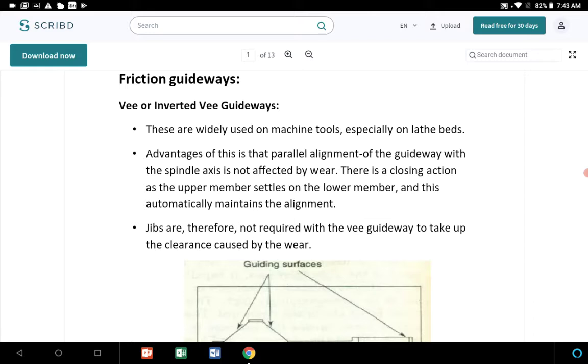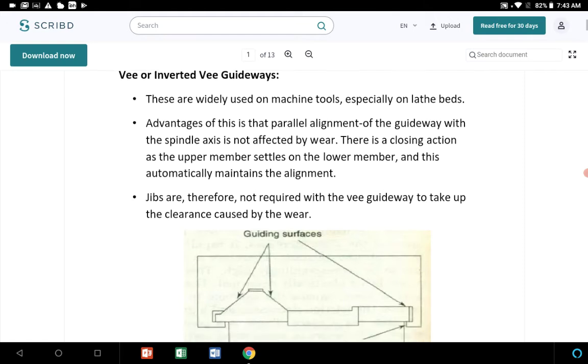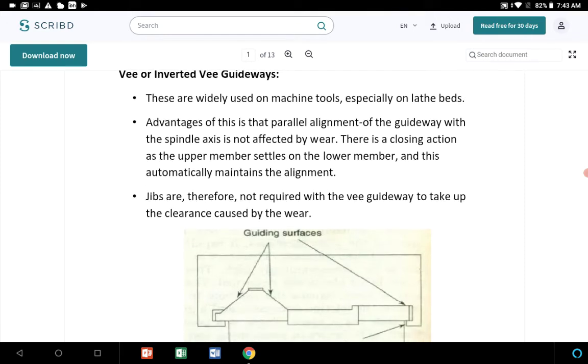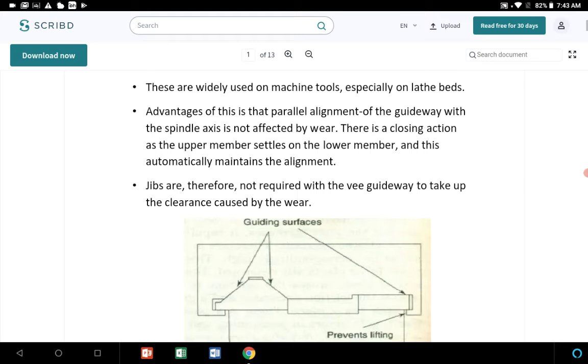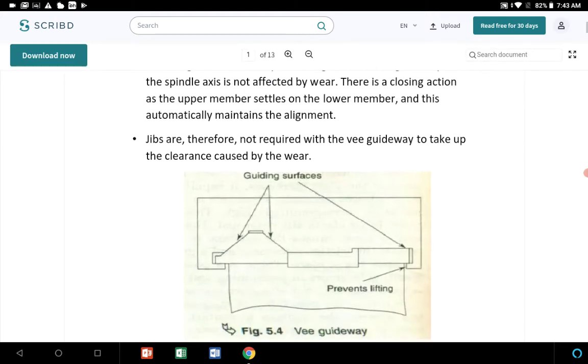That is V guideways, flat guideways, dovetail type, cylindrical. In the first type, V or the inverted guideways, the figure what you are seeing, the sliding surface takes place without using any balls or etc. The surfaces are so finished that the movement of the slide will be very smooth.